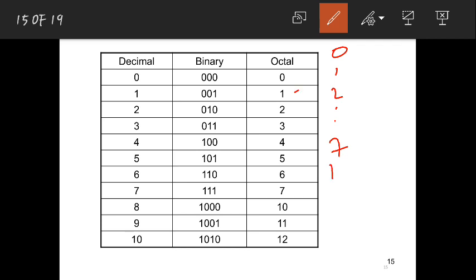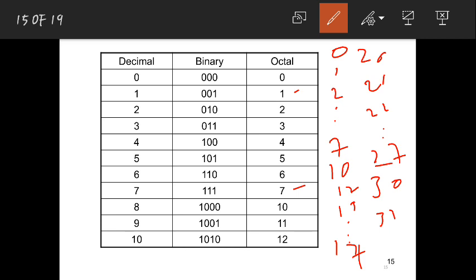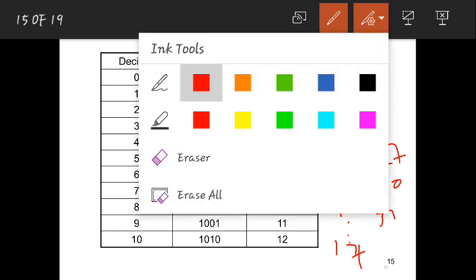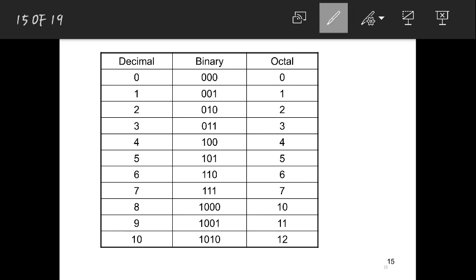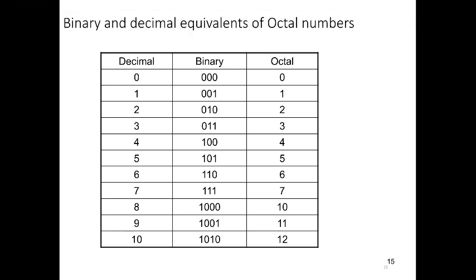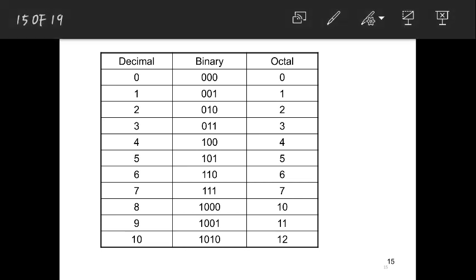So with 1 you will write again 10, 11, 12, 13 up to 17. After 17, then again you will start writing from 20, 21, 22 up to 27. Once you end at 27, again you will write 30, 31. Is that fine? In that way you will write your octal numbers. So it's easy to understand all this. Once you understand, it will be very easy to do them.